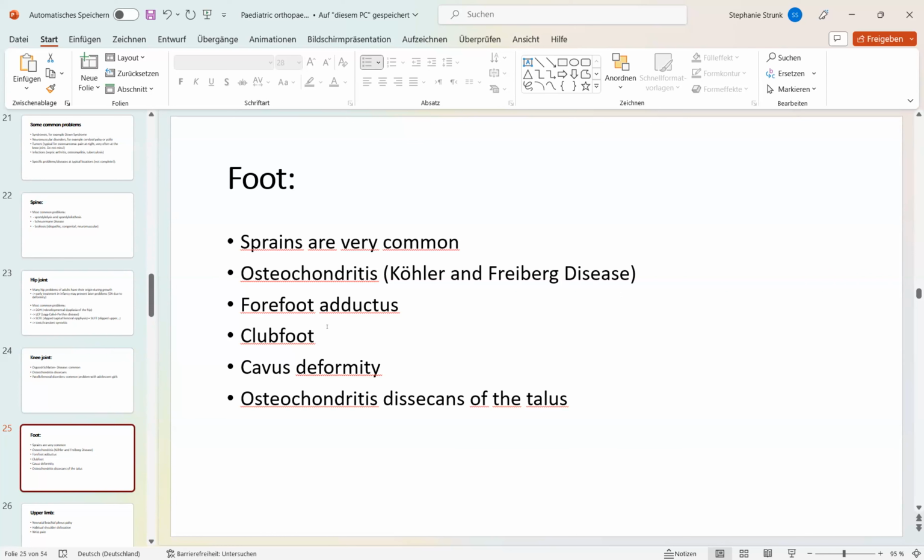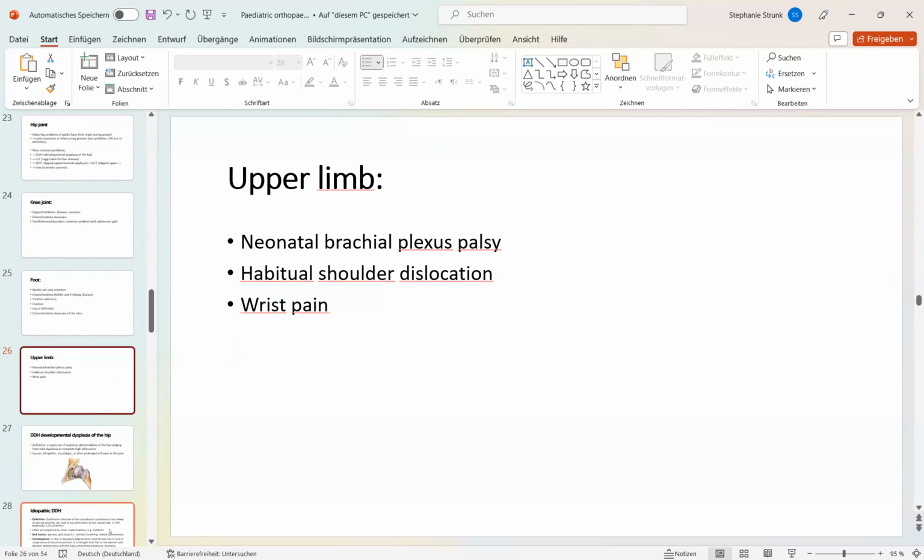Needs to be treated really on the second day of their life, better on the first day of their life. And there's Cavus deformity, and also osteochondritis dissecans of the talus, which is also a not so rare problem. On the upper limb, there's neonatal brachial plexus palsy, habitual shoulder dislocation, and another common problem is wrist pain, especially